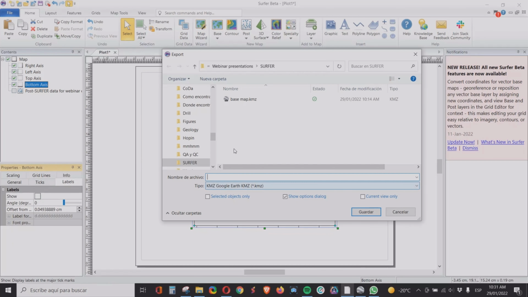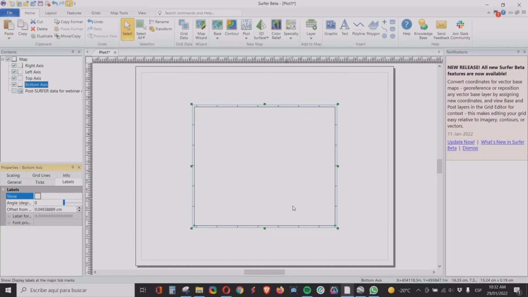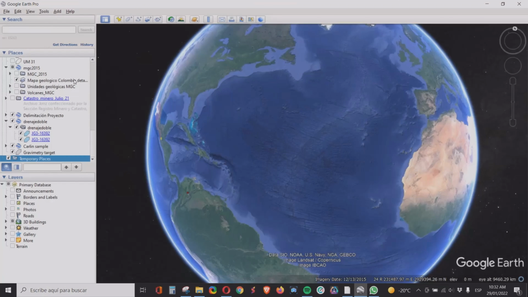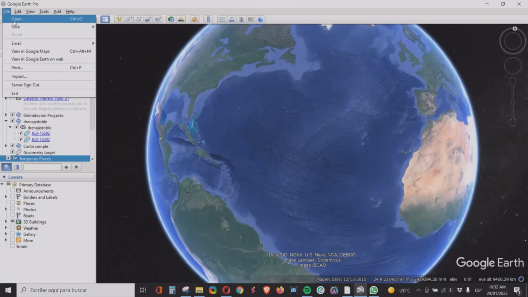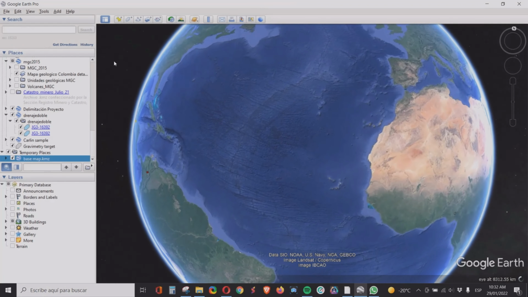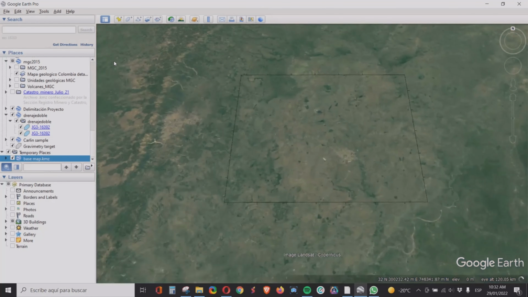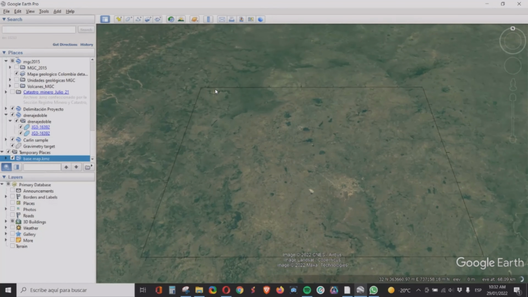as a KMZ, and we call it base map. And we check that here in these two columns, you have the real coordinates, not the amount of pixels. So click Accept, and then you open Google Earth, go to File, Open, double click on the base map, and you get here to the area. Adjust the tilt,